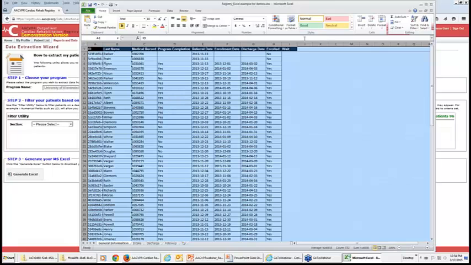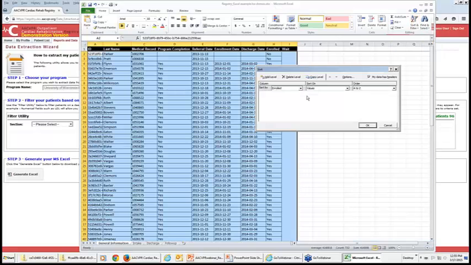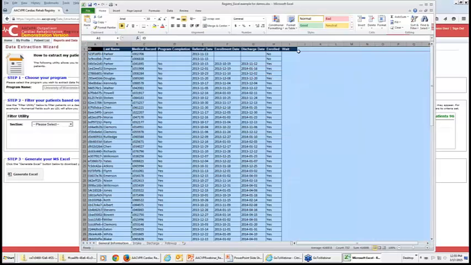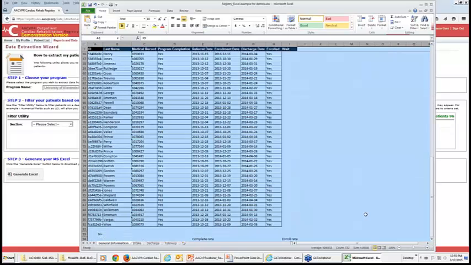Now we can also double up. We can make multiple sorts. So let's say we want to go first by enrollment status and then by completion status. So we'll go back to our sorting function. We're going to add a level. Now we're going to add their completion. And we'll do the same thing, ascending to descending order. And so now we have first the patients who didn't enroll, and then next the patients who enrolled and then didn't complete, and then finally those patients who enrolled and completed. Okay, so now they're nice and ordered for me.